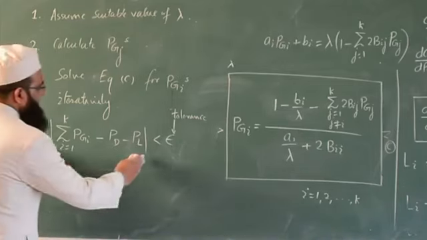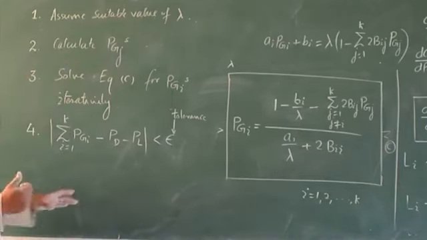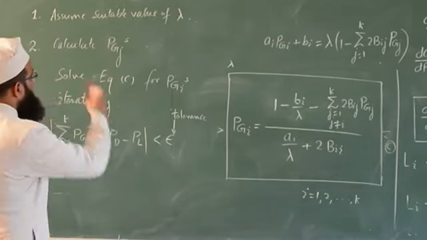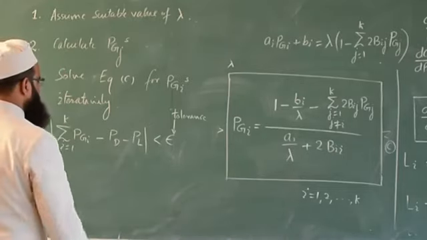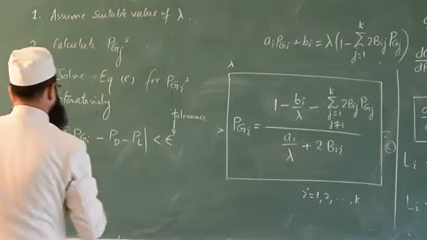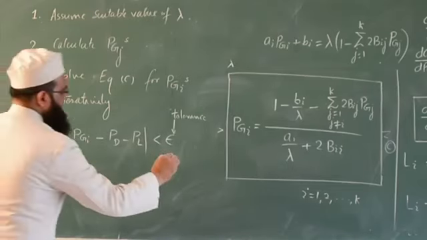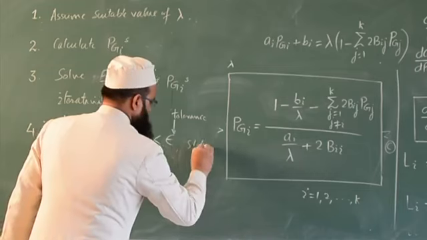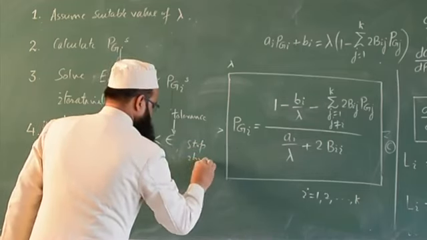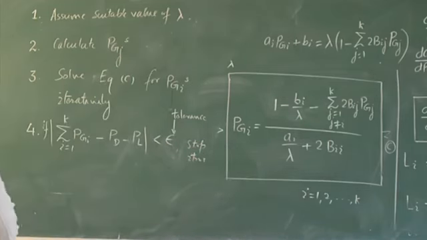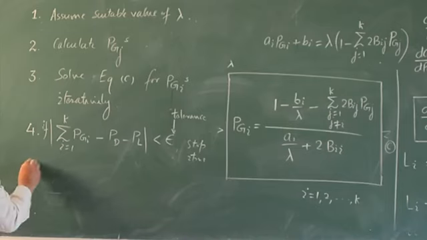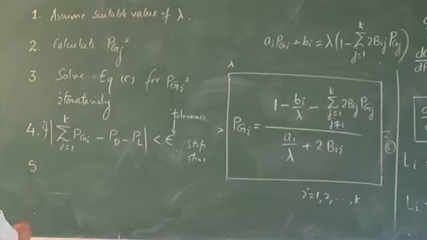If it is within tolerance, some pre-specified value, then stop this primary iteration. Otherwise, else,